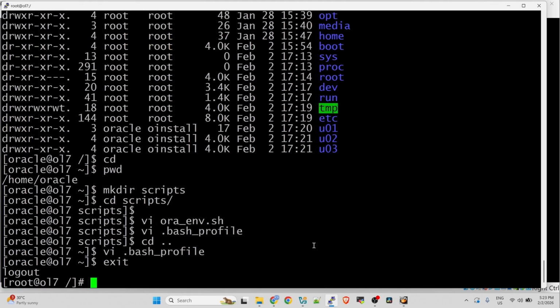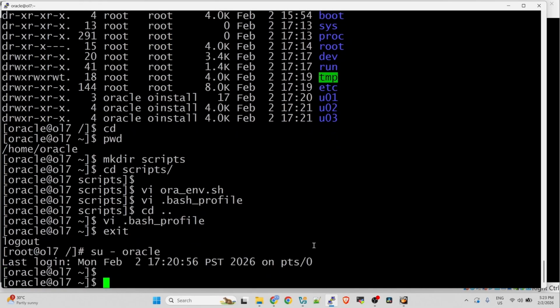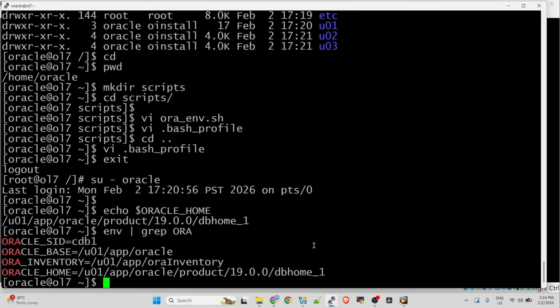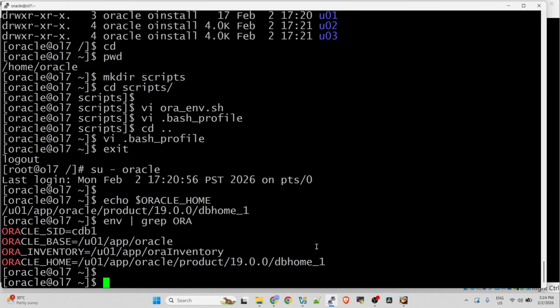Okay, let's exit and test it out. Connect as oracle and then echo ORACLE_HOME or env | grep ORA. So the environment is now set.